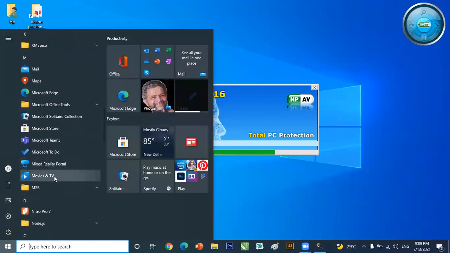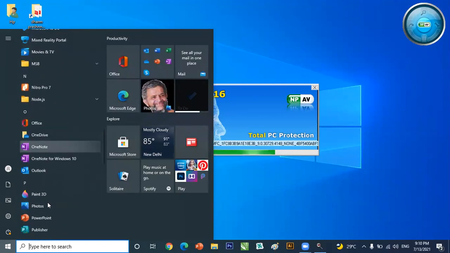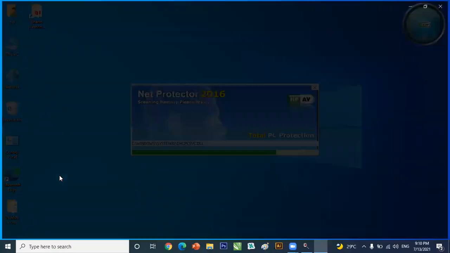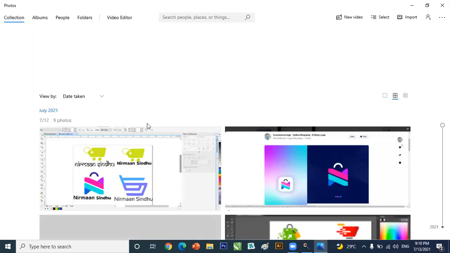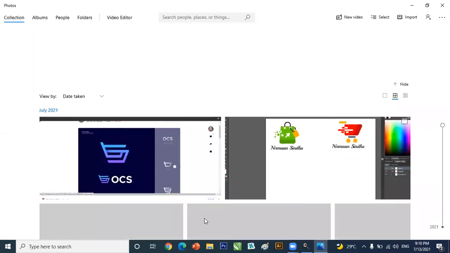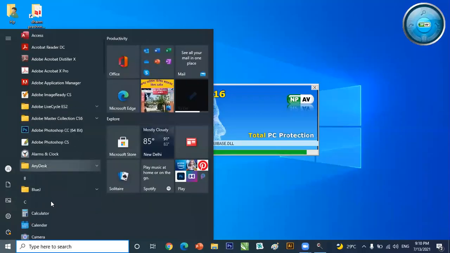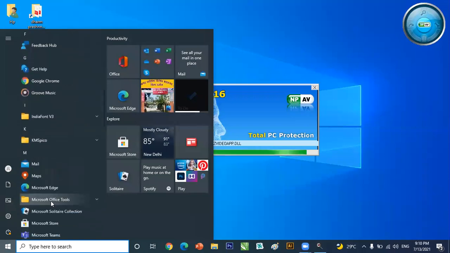If we want to open any file, we can select it from this list. Suppose I want to open the photos, then I can choose this one and open it. In this way, we can select any file by clicking with the mouse. The photos folder will appear on our screen. The photos which we captured and stored in our system appear here. This is called the photos window. In this way we can open any file as well as program or application.